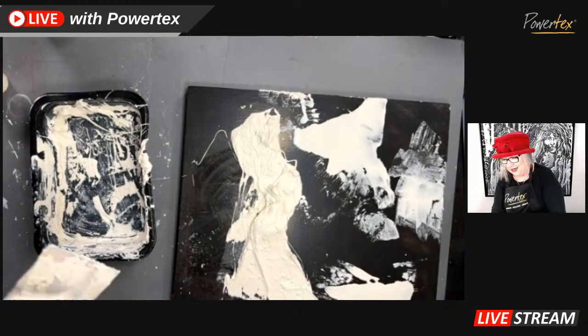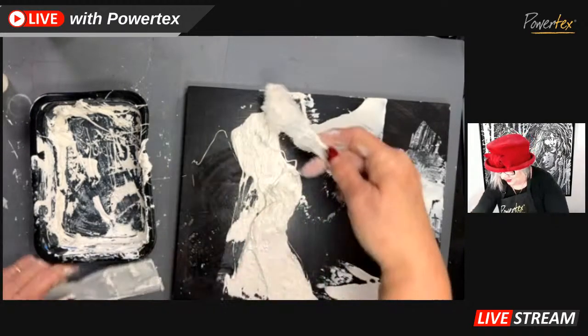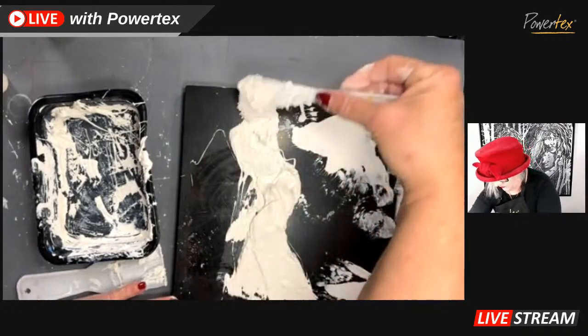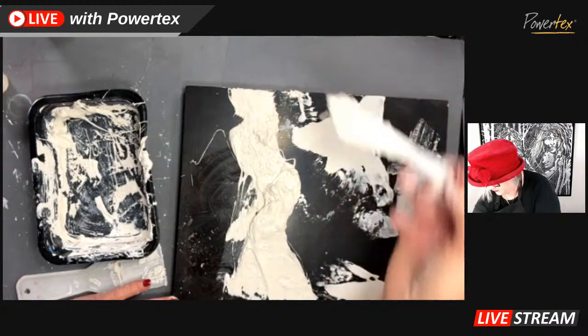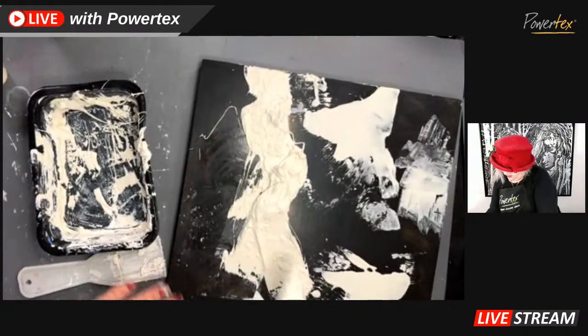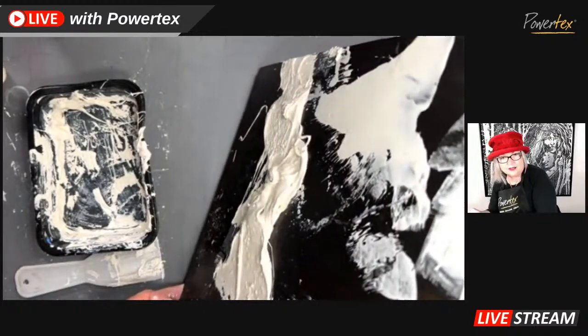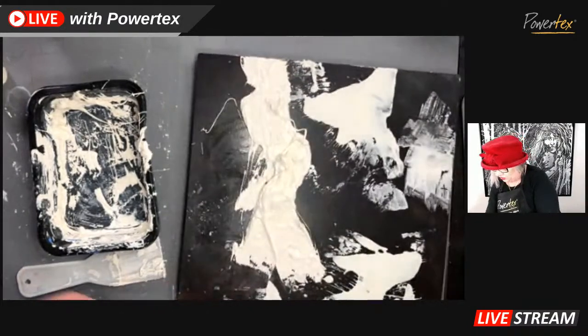You can't see how textured that is because it's lying flat. I will show you in just a second. So I want it to feel like it's coming right off the edge here. And so let's turn that sideways. So see how it's got that beautiful dimension. So you can really